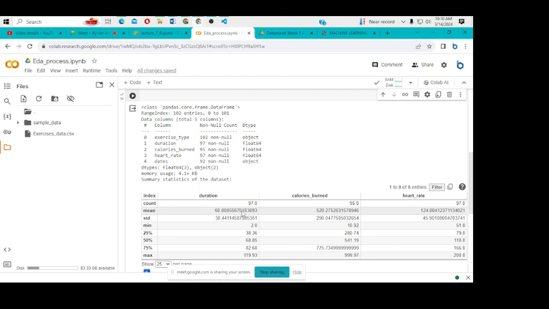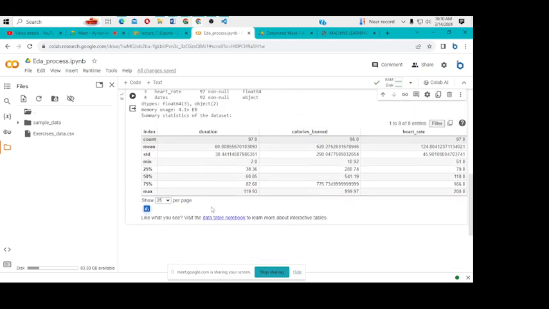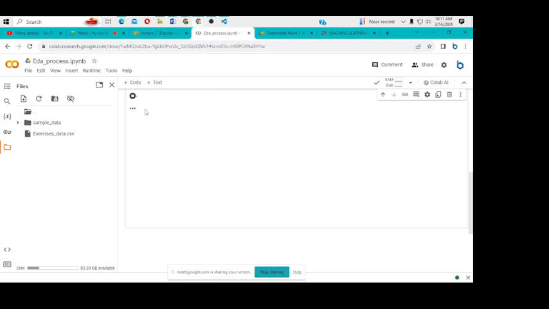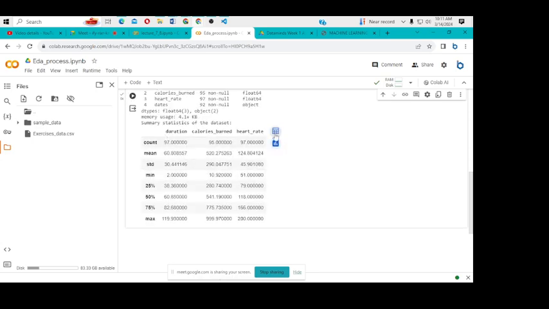How are you expanding that? Because initially, when the system rolls out the information, it's rolling it out in a smaller form, but you are expanding those columns. Yeah, okay. How are you expanding that? I think I can just repeat that. You can just run this, and you can just use